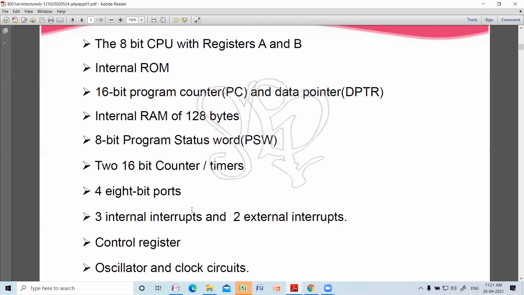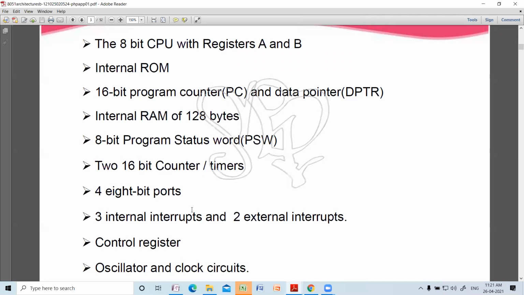It is an 8-bit CPU with registers A and B. That is, 8-bit CPU in the sense it has an arithmetic logic unit, ALU, which can process 8 bits at a time. Internal ROM of 4 kilobytes, 16-bit program counter and a data pointer register, DPTR. We will see later why DPTR is used.